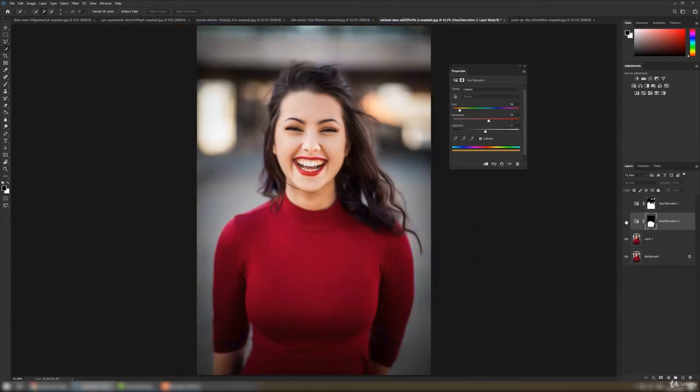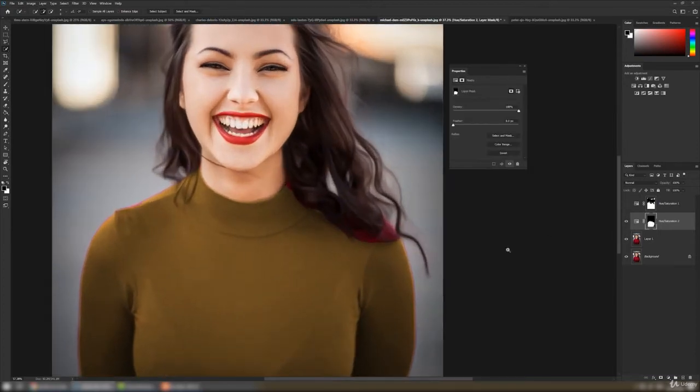You can click here, take the brush tool, and paint it with black color. It will hide, and you can paint it with white color. It will add this new color layer.